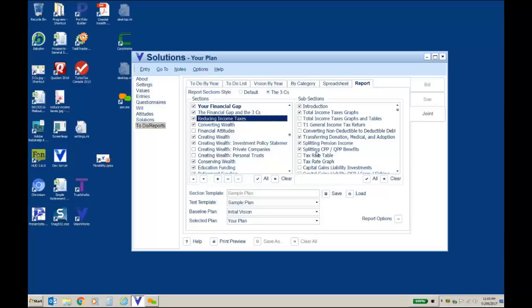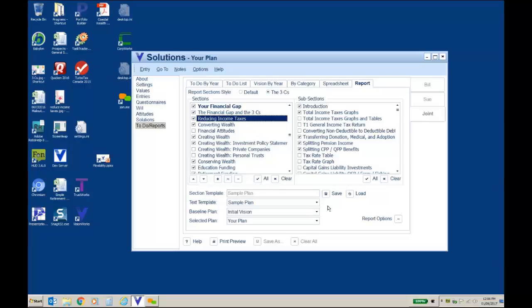So as always, you're able to select sections and subsections that you want to include in a report. So what I want to do is talk about what you can do from the point of view of flexibility around including those sections and subsections that you want. All you need to do is go through, select whatever it is you want,